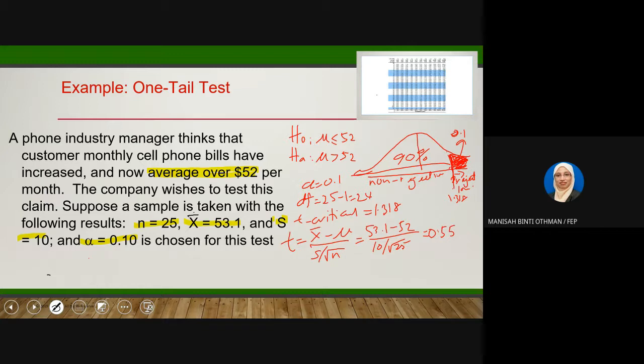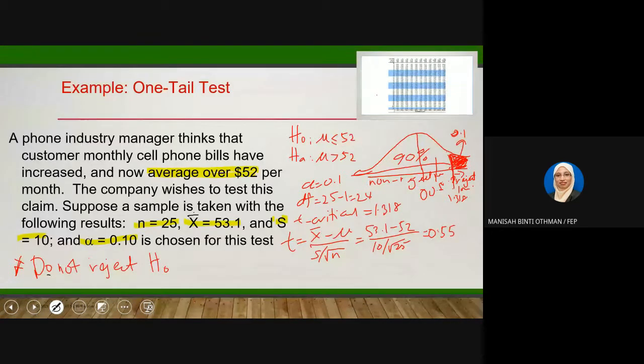So 0.55, in which area? Non-rejection or rejection region? In which region? Non-rejection, I think. Yes. In the middle is 0. So 0.55 is in between 0 and 1.318, somewhere here. So 0.55 is in the non-rejection region. So the conclusion is that we do not reject